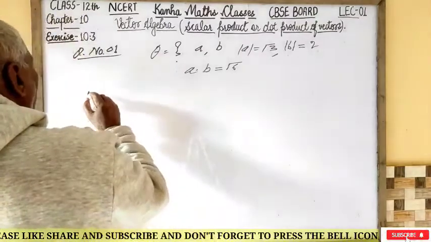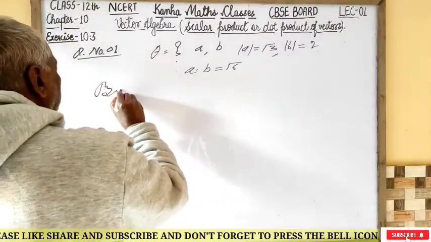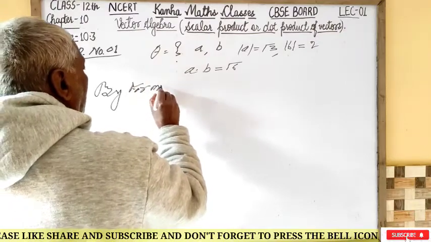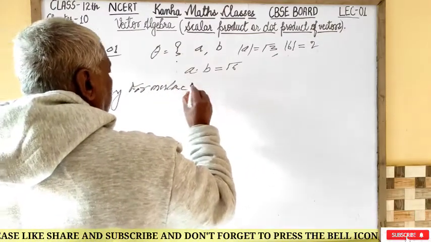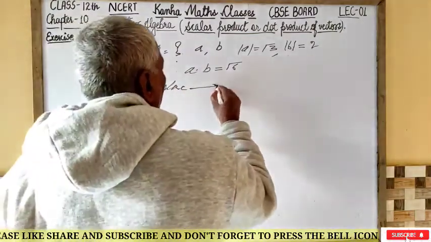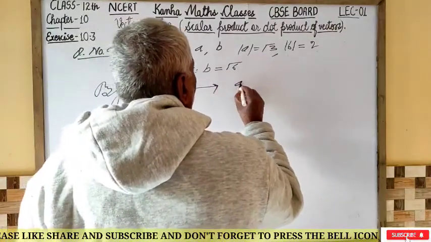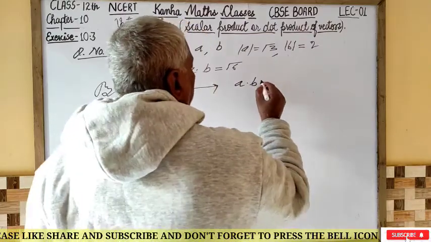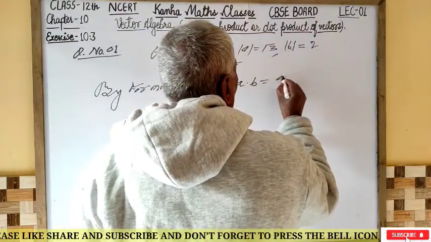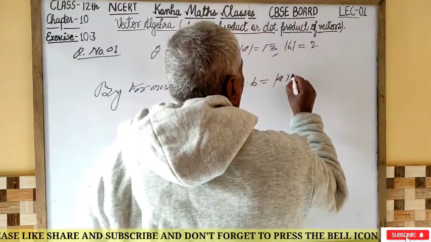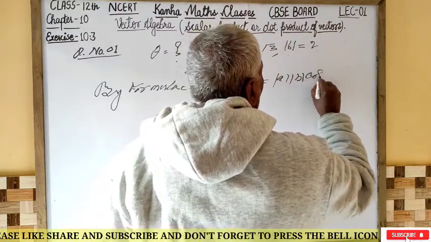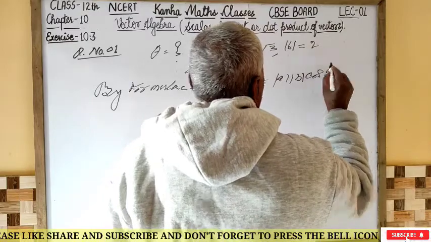By the formula, the dot product of the two vectors A and B is equal to mod of A, mod of B, into cos theta,